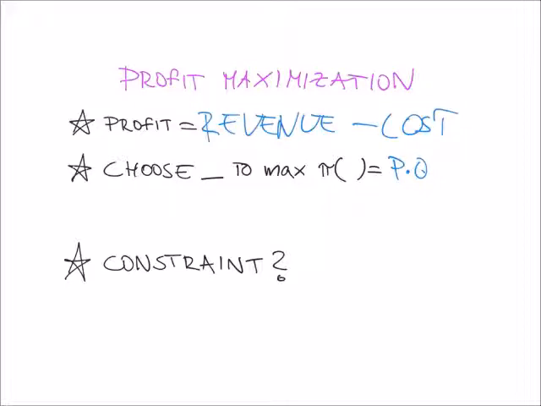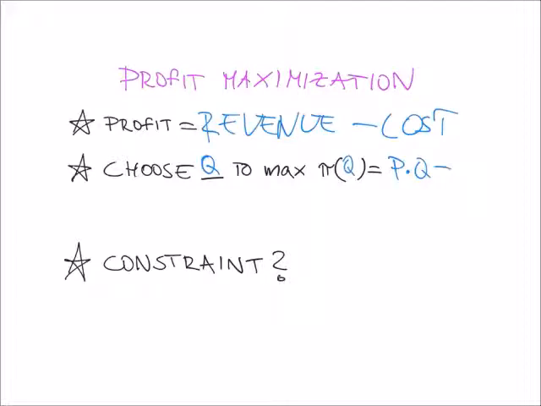So what are we choosing then to maximize profit? What variable is this firm choosing? What's the decision variable for this firm when it's maximizing profit? Quantity. It's quantity, how much to produce, right? So the firm chooses quantity to maximize profit. That's a function depending on quantity. And the function says revenue minus cost. And the revenue part is P times Q, and the cost part is